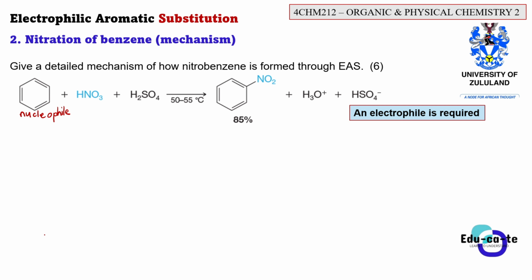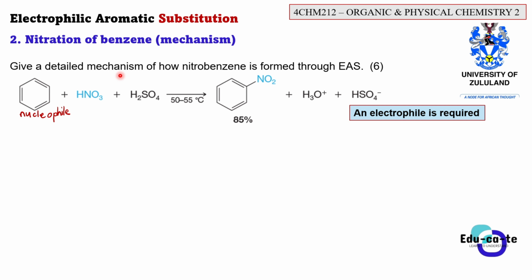So in this particular case, for us to end up having this nitro group bonded to this benzene ring, we are going to use a pair of electrons from the benzene ring. That's why it is nucleophilic, because it is an electron-rich substance. Whereas an electrophile is an electron-poor substance. It simply means that it doesn't have any excess electrons. It has a shortage of electrons.